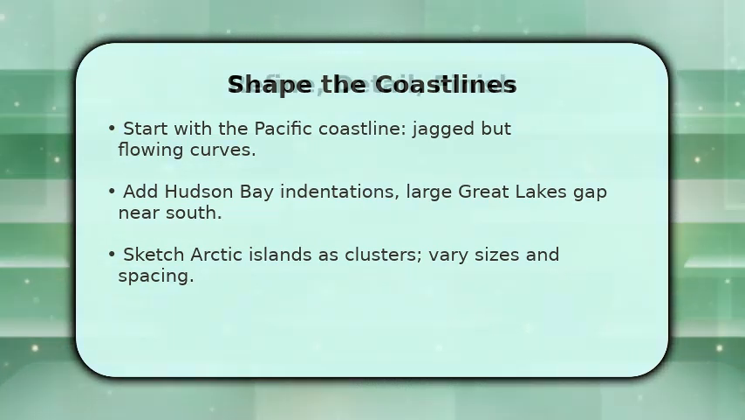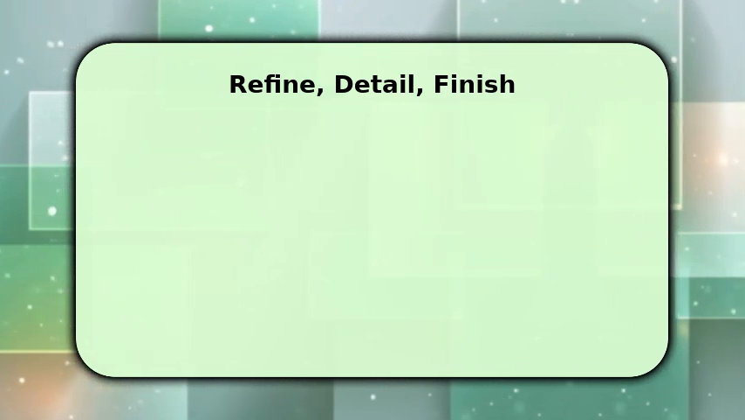You finish by cleaning and refining lines for clarity and accuracy. Erase the construction grid and darken the coast and provincial borders. Add key labels like Hudson Bay, Great Lakes, and St. Lawrence to orient viewers. Shade or hatch Arctic islands lightly to show depth and add a compass or scale if